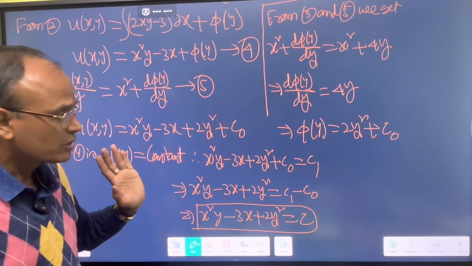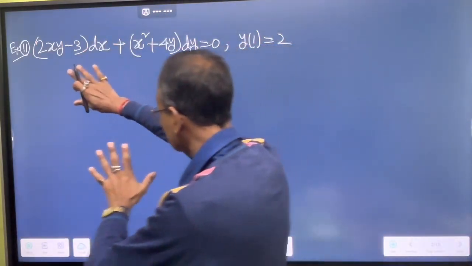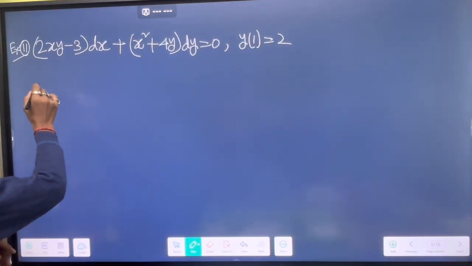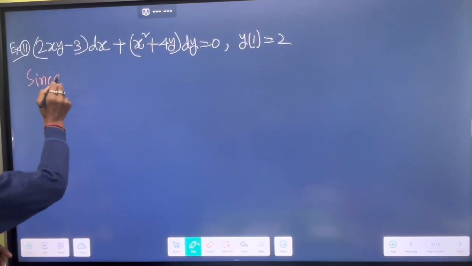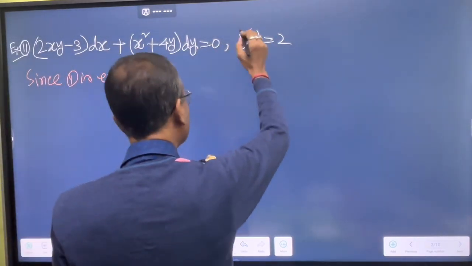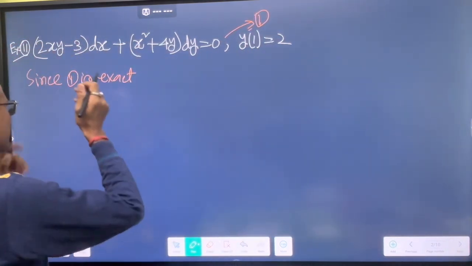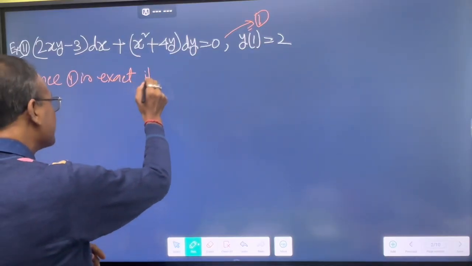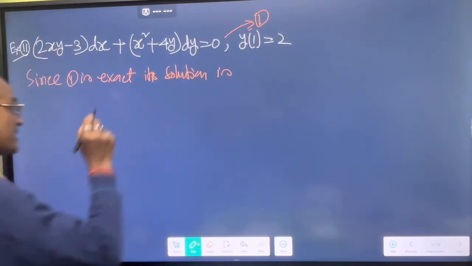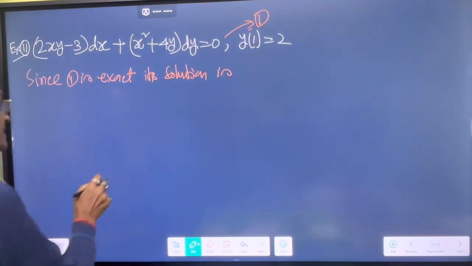Now let us come to method 2. Here is the same question, method 2. Since (1) is exact, we have already proved that ∂M/∂y equals ∂N/∂x. Since (1) is exact, its solution is